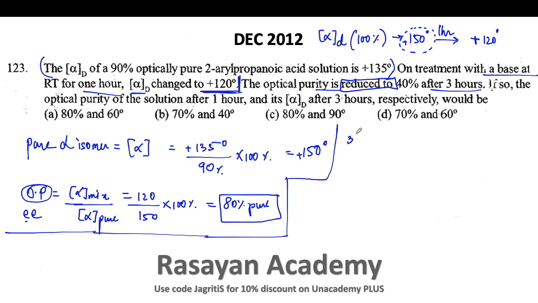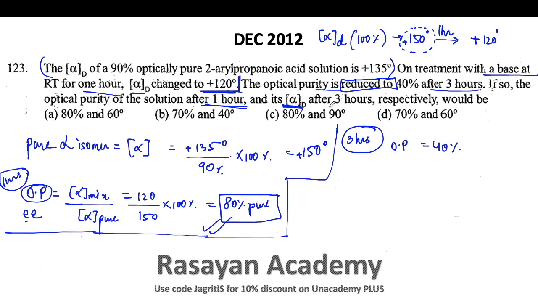Now, after 3 hours, this was the case after 1 hour. After 3 hours, the optical purity or the enantiomeric excess has reduced to 40%. Alright, if so, the optical purity of the solution after 1 hour, which we have already found out is 80%, and